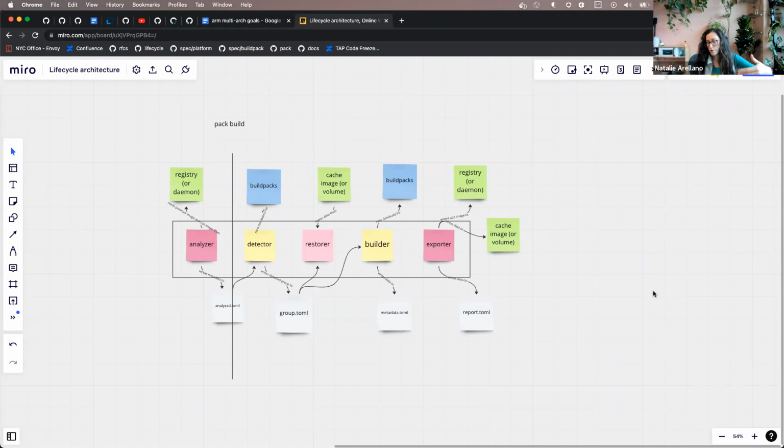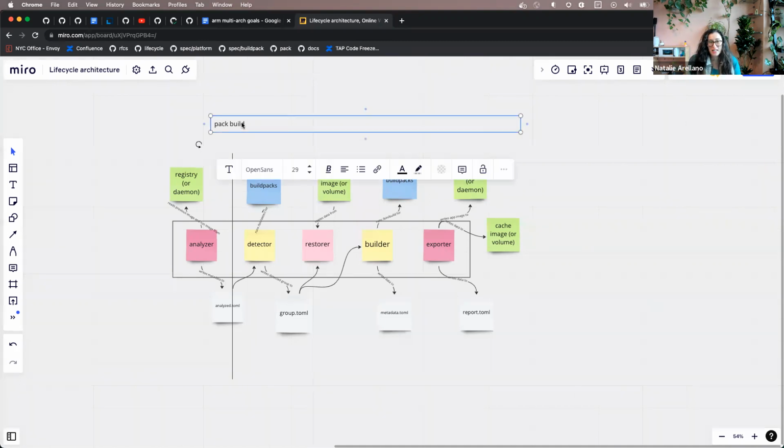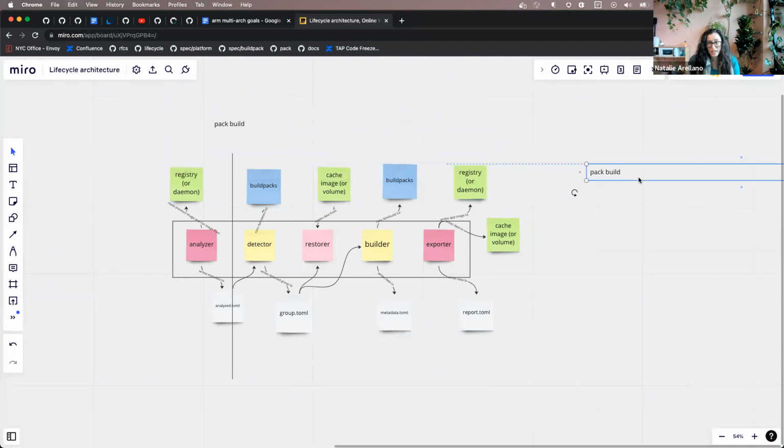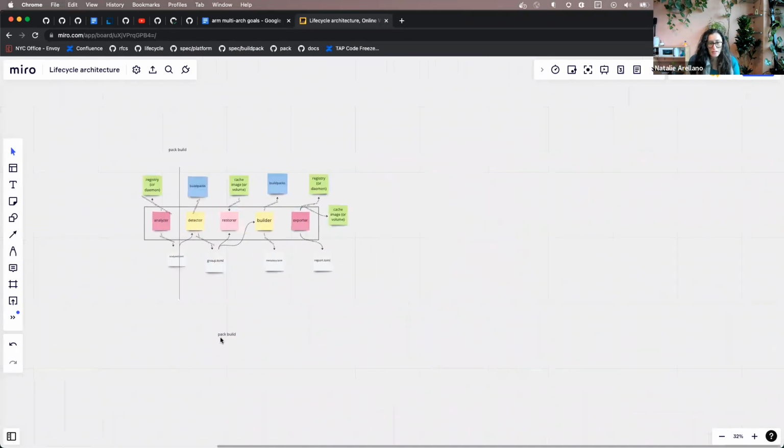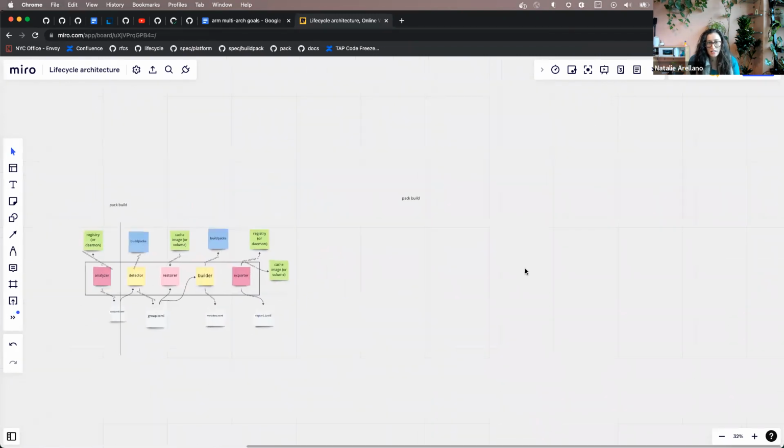But if we're on step 0 of 100, what are some of the steps we need to pass through on the way to getting to that seamless, flexible experience? The first thing that we really need is an easy way to get multi-arch build inputs. That brings me to Pack builder create, which I'll share this link for, by the way, if anybody wants it. I'll just move it over here.